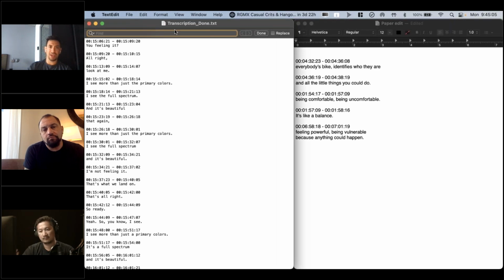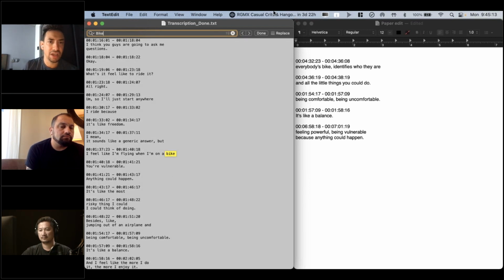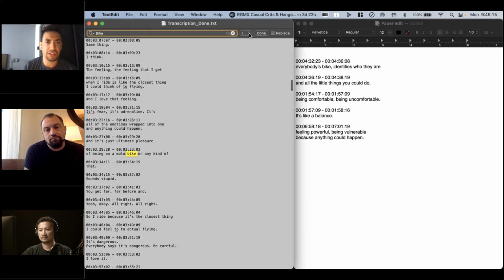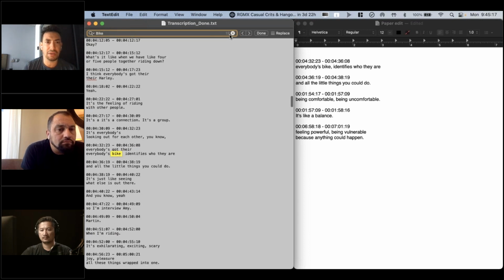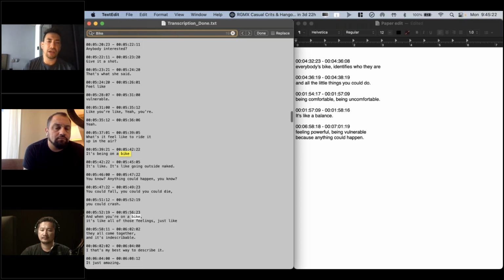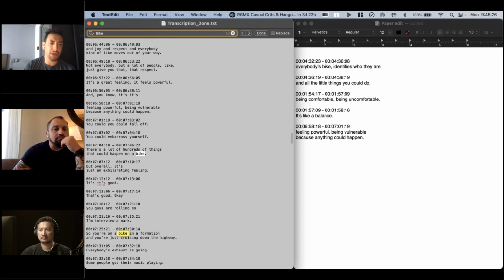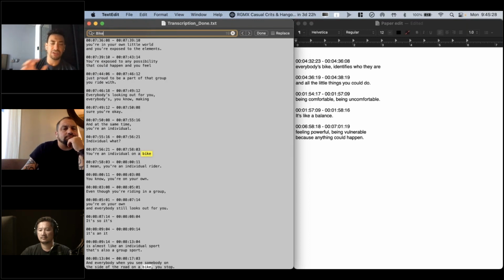So do a Command F, like Frank, and you can search for things here and look for the word, say, bike. I'm just looking inside of here, and then it highlights it. You can see it's been used however many times. I think it says it's been used 19 times right here. So I can start researching a topic inside of my text document. And then I can grab all the good bits and even start using this fragment of a sentence, that fragment of a sentence. The real magic with that happens inside of the